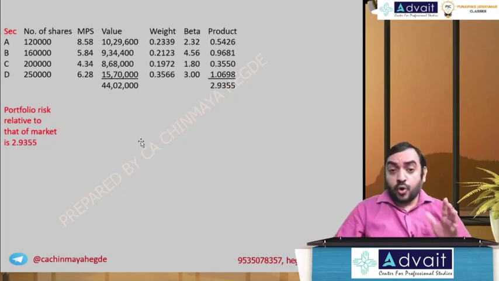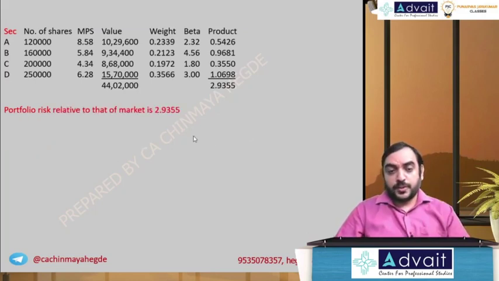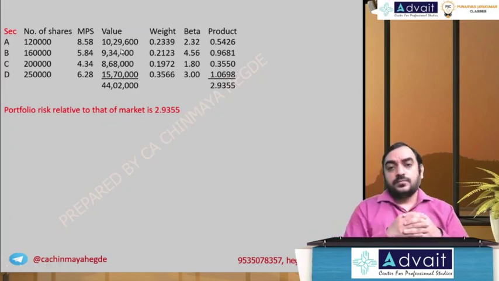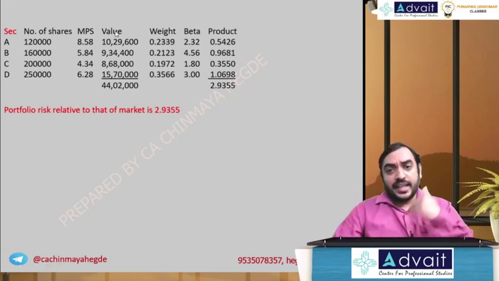Okay, there is one more additional point which the institute gives as a solution. That also you can write down. For that, we are going to calculate one more thing, and that is the portfolio return. How do you calculate portfolio return here? The only return available for us is dividend yield, correct? So if I take an average of the dividend yield, I get the portfolio average return. Let's calculate that. Then I'll tell you how to do the interpretation.